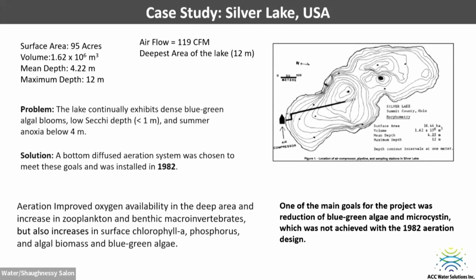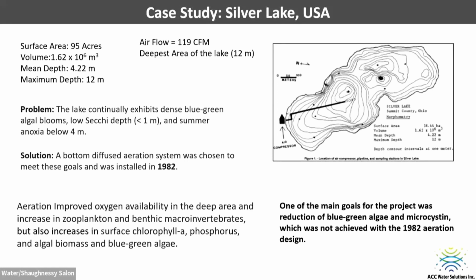So one example is Silver Lake in the United States. The surface area was 95 acres, with volume, mean depth and maximum depth. We will focus on this part. Airflow was 119 CFM. They were putting all the air into the deepest area of the lake, the 12-meter deepest area of